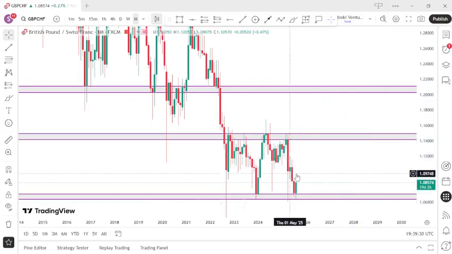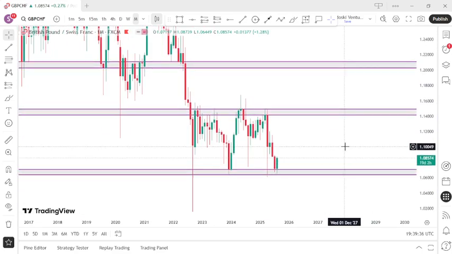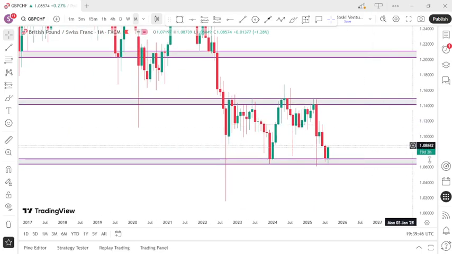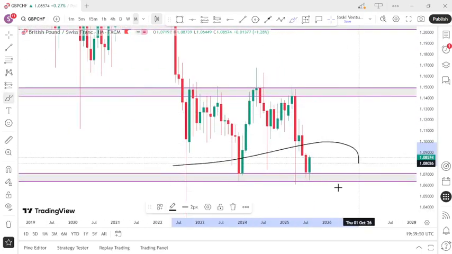So from the monthly time frame, we are looking at a very strong bullish market. The overall trend is bearish, but right now we are trading the technicals. We are doing technical analysis. So looking at the charts right now, we are looking at a bullish market because of this monthly support zone,